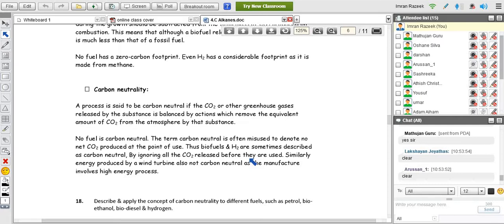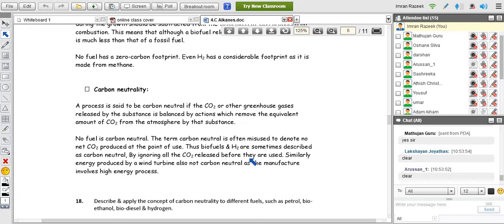The amount of carbon which is absorbed during its manufacture, if it is equal to the amount of carbon dioxide released upon its combustion, such is referred to as a carbon neutral fuel. In fact, in reality, there is nothing called a carbon neutral fuel, because even if you, for the argument's sake, take a